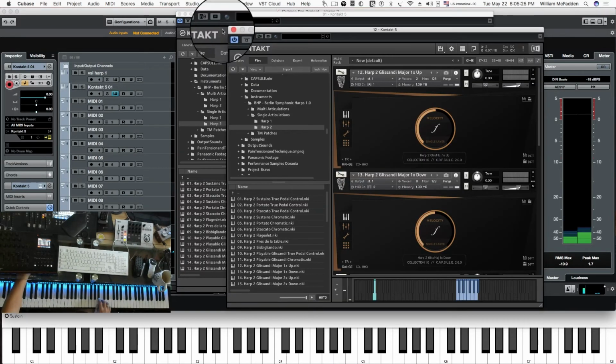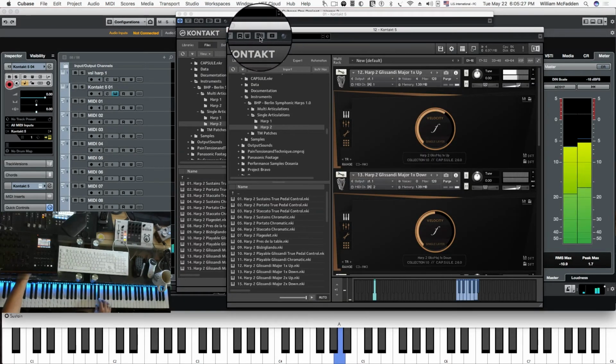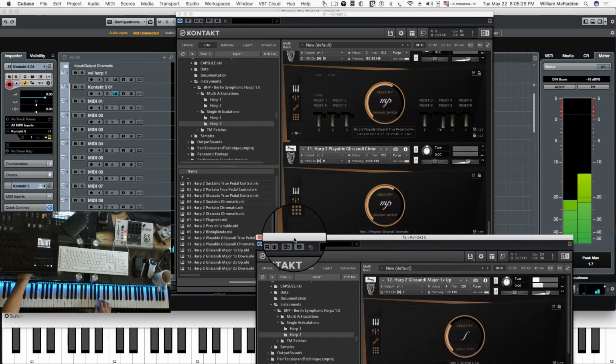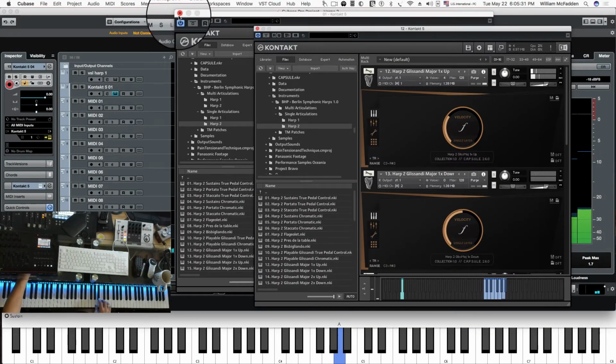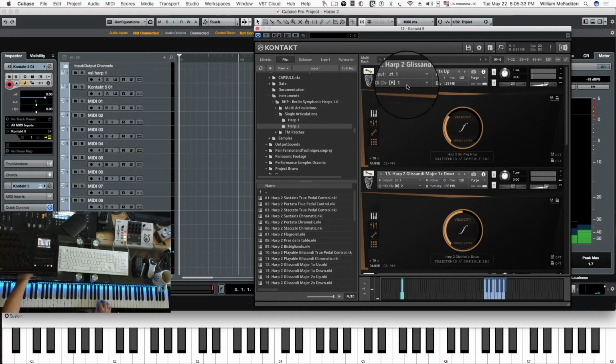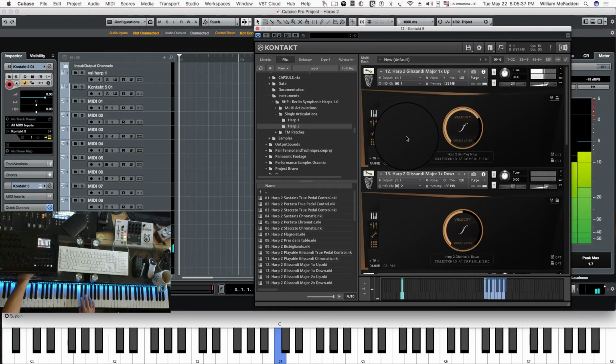We're actually switching. Here we go. So this is the harp 2 glissandi major up. So I can go D, E flat, F, G. So you can get all of the